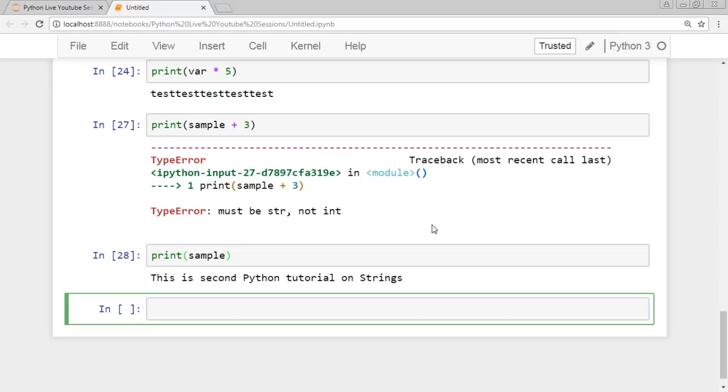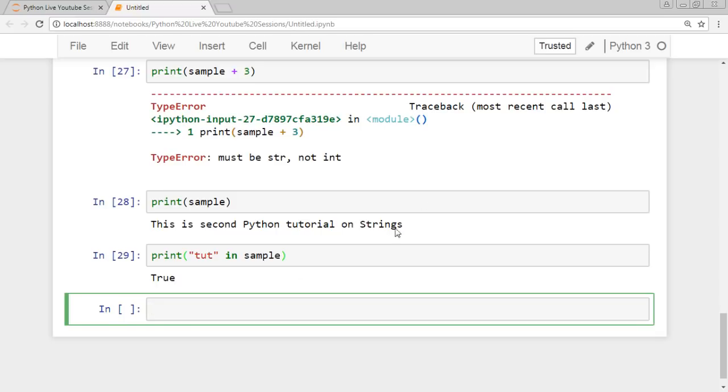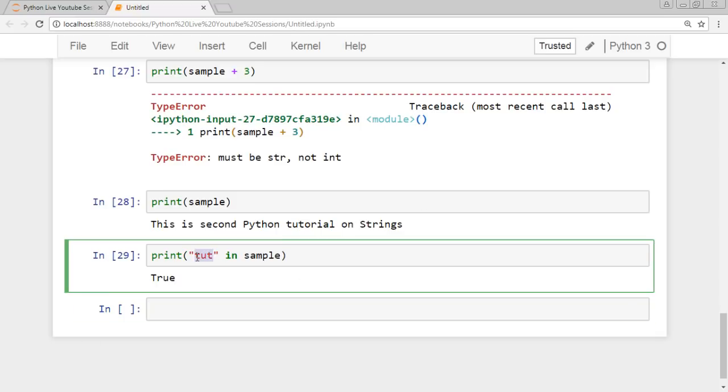There is a fairly simple and straightforward way to do it in Python. You simply say, let's say we have to check if tut, this string, is present in our sample. So you simply say tut in sample. Alright, it will give you true or false output based on whether there is this piece of string in your main sample string. See, you got true. Now let's say if we check for Python,